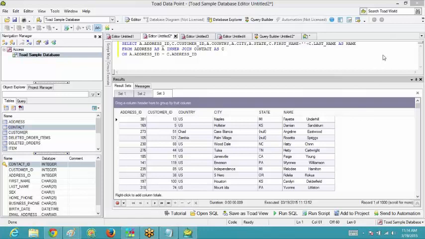So try doing this query. But as I told you, try to do it on your own. If you face any problem, then you can see over here. But I don't think that you would be facing any problem since we have discussed how to write down the steps some 2-3 times.